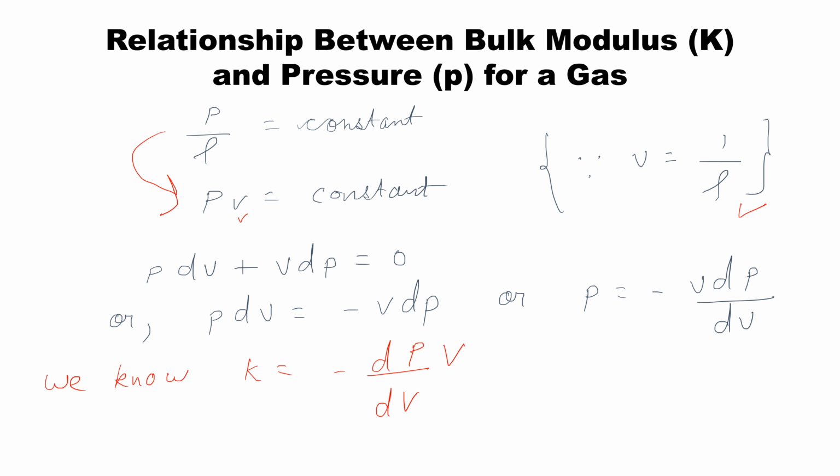We also know from the previous bulk modulus equation that K is equal to minus dP by dV multiplied by V. Since here we were using volume and here we are using specific volume, we can convert this to specific volume too. So we can rewrite this as minus dP V by dV. Since we are dividing both sides by mass, it will be the same. So by comparing these two equations, we will get that for an isothermal process, the value of bulk modulus is equal to the pressure, that is K is equal to P.